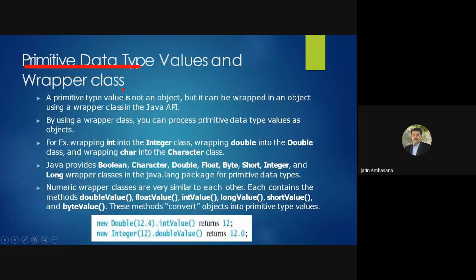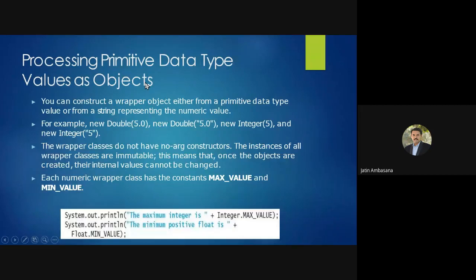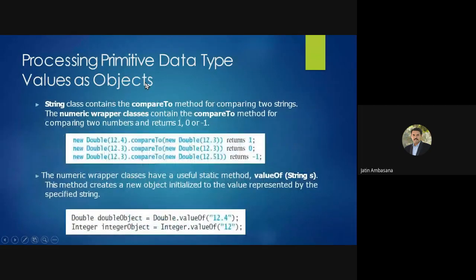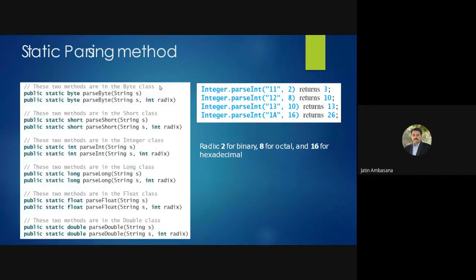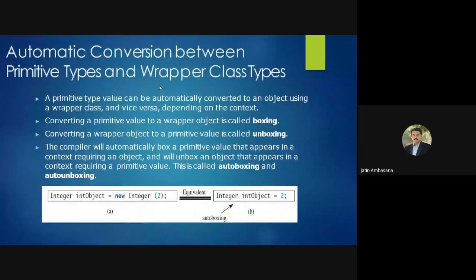And we saw primitive data types and wrapper classes for those primitive data types. Wrapper objects can be used to wrap the primitive data types, so the primitive values behave as object values.